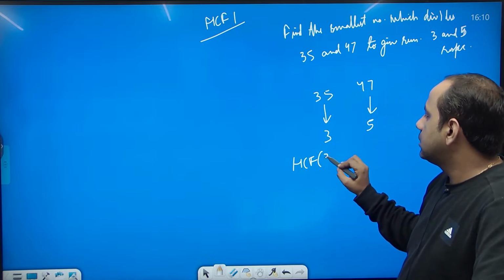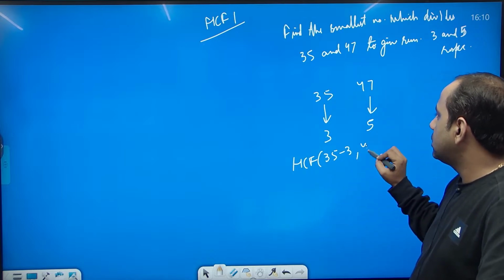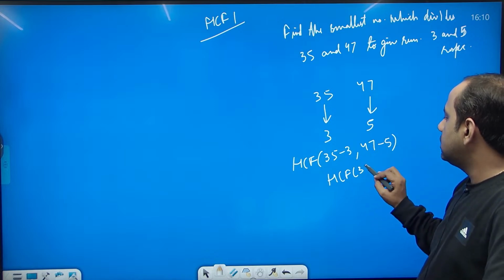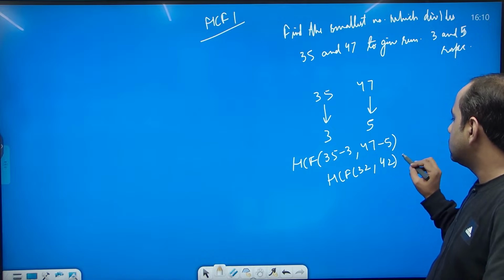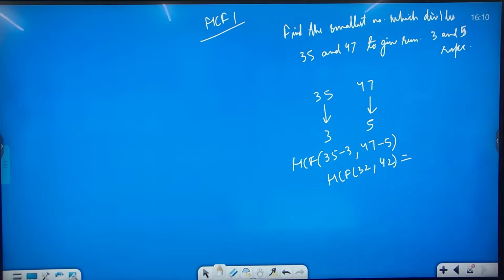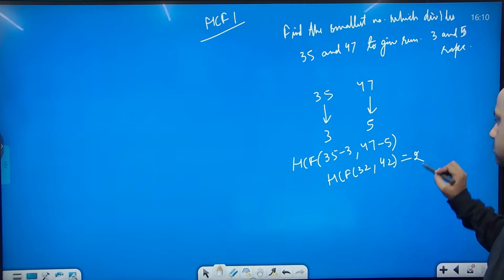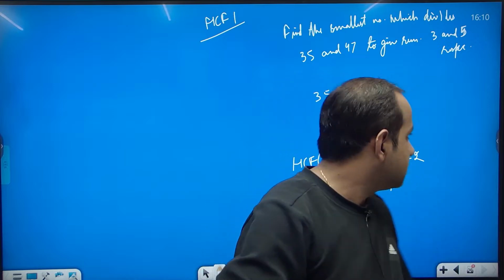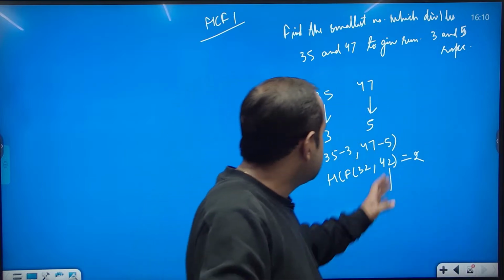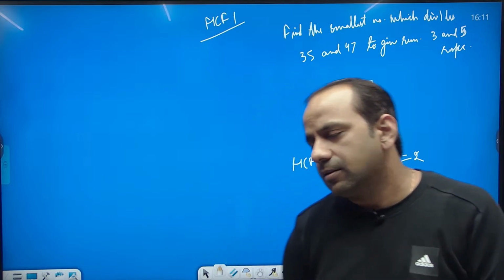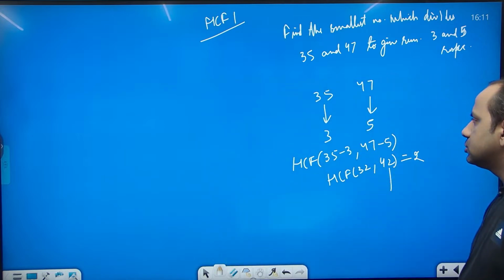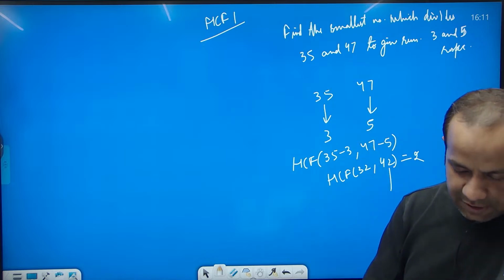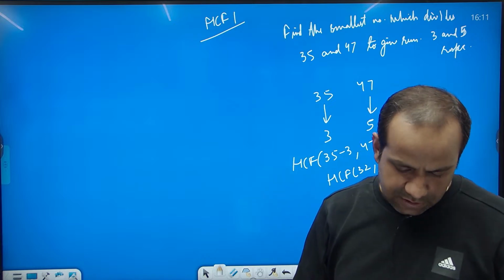तो इस केस में आपको क्या करना है, क्वेश्चन इसका आंसर होगा HCF of 35 minus 3 and 47 minus 5. So HCF of 32 and 42. So what should be your answer? 2. चेक कर लो, 35 को अगर 2 डिवाइड करेगा, रिमाइंडर 3 आ रहा है ना, तो ये तो 3 आ ही नहीं सकता रिमाइंडर, तो इस केस का मतलब ये आंसर पॉसिबल नहीं है, ठीक है। तो स्टेटमेंट मैंने ऐसे ही लिख दी थी, अदरवाइज आपको पेपर में क्वेश्चन जो आएगा वो स्टेटमेंट वेरीफाइड आएगी। लेट्स सी वन क्वेश्चन फ्रॉम द असाइनमेंट लाइक दिस।